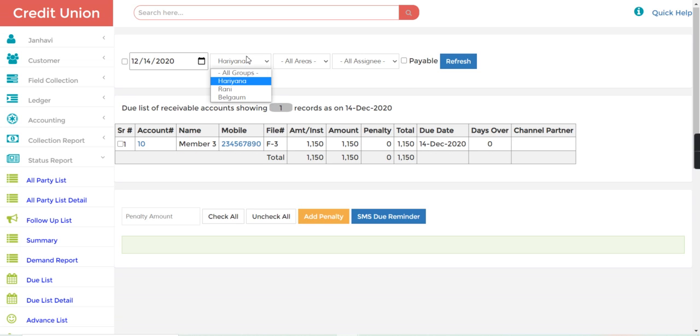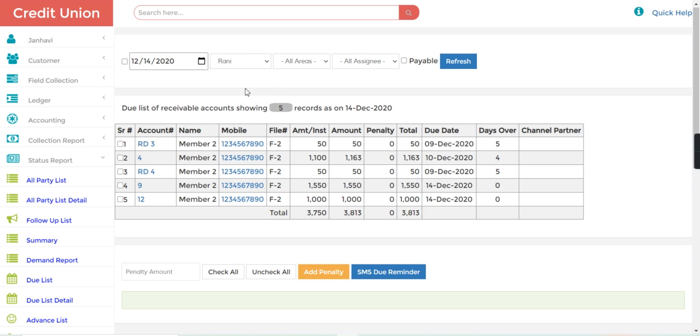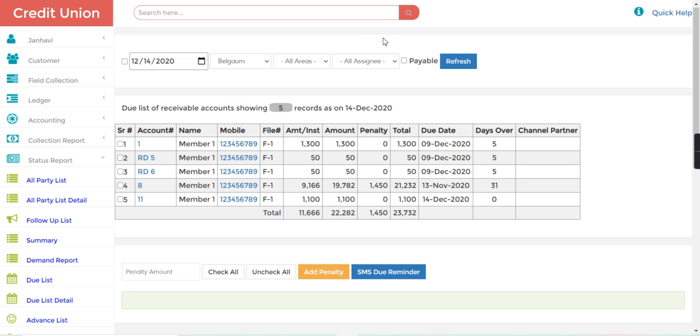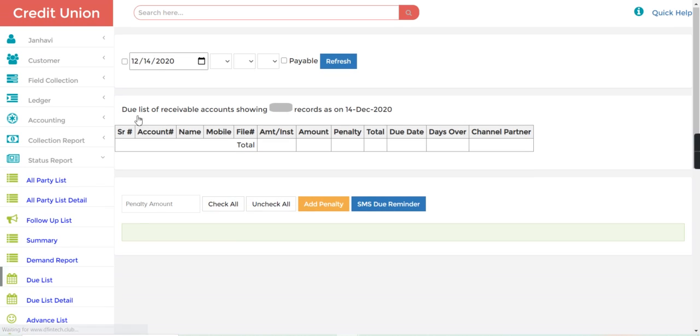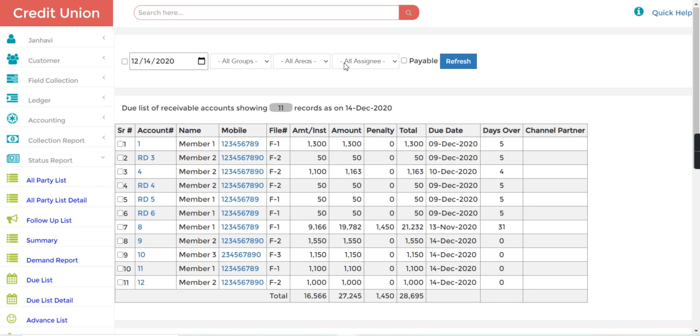Let's take Haryana, then Rani, Belgaum, and from here in the assignee also I can select according to the assignee, the groups and areas.